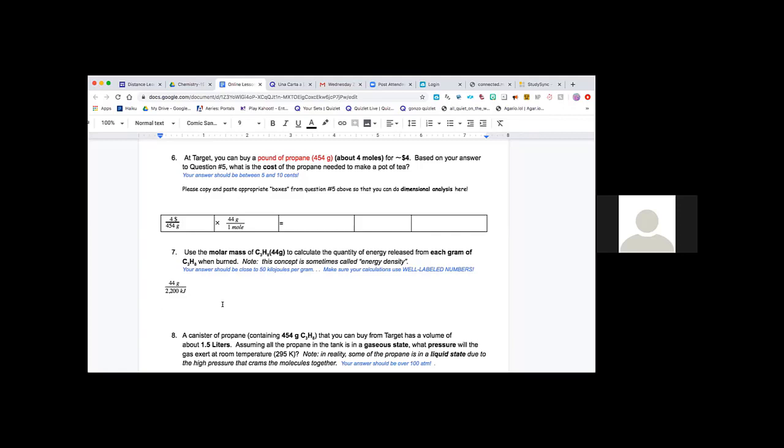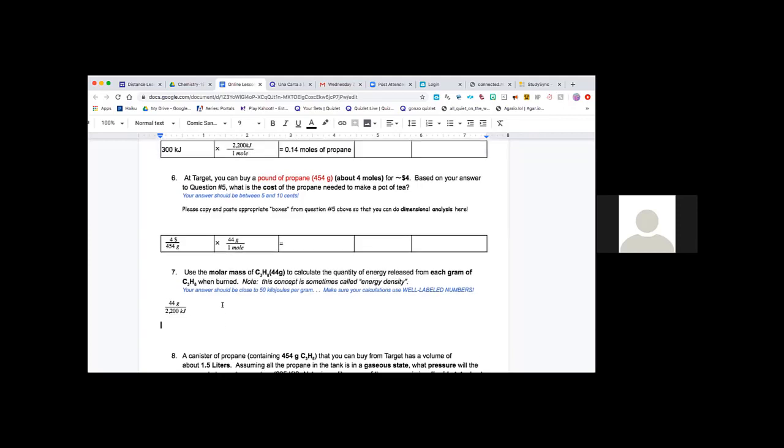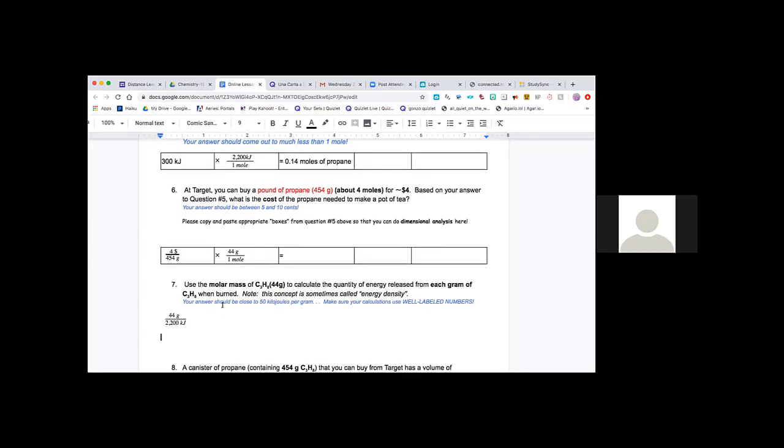Where did the 4 moles come from in number 6? Do you see it in the parentheses after the 4, kilograms? I looked it up on the internet, and it said that 1 mole was equal to like 141 grams or something. So then I divided it, and I got about 4, but I don't know, I just put that. Okay, so that is not true for propane. You've got the truth for propane in your conversion factor in the second box right there. It's 44 grams over 1 mole. So that's how you can find out how many moles.